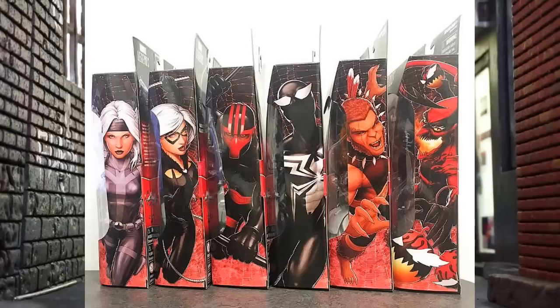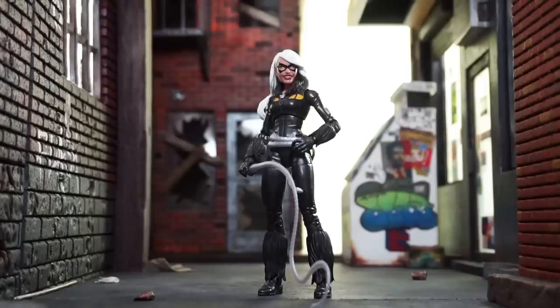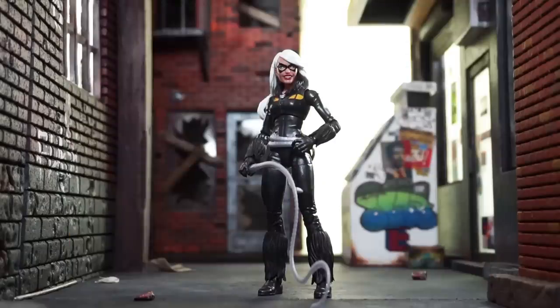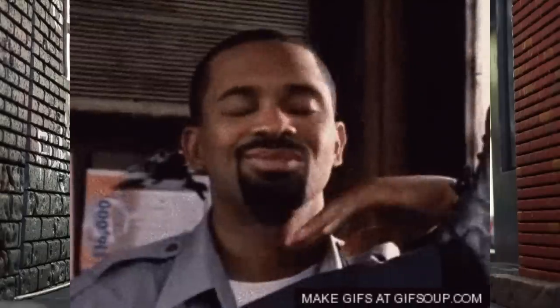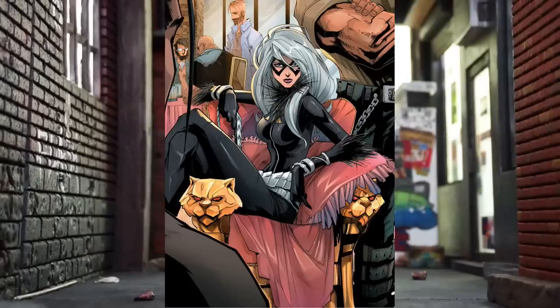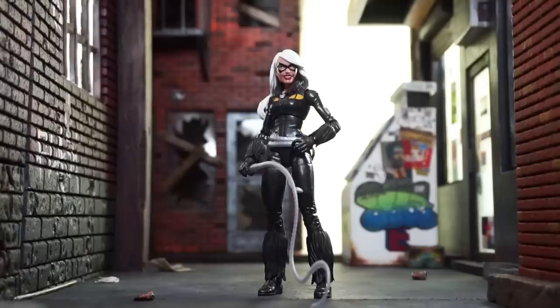So I've said this a few times over the past couple months, that I thought the first few waves of Marvel Legends in 2019 have been pretty lackluster. There have been a few gems here and there, and I was pretty attracted to this wave just because of the Builder figure. Taking a look at Felicia Hardy, aka Black Cat, her bio reads,